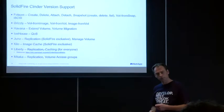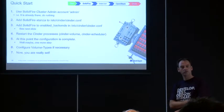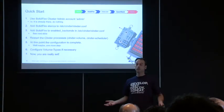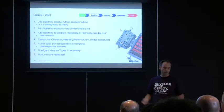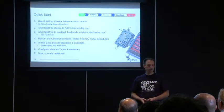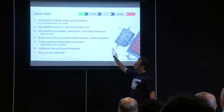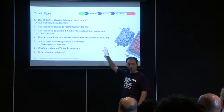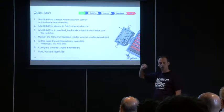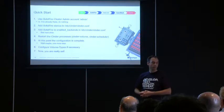And now to give you a little feel about the ease of integrating SolidFire storage into the OpenStack environment. If you would set up a cluster, which is an easy task, it would take you half an hour rack and stack and 5 minutes of software configuration. And from there on, you have a standard administration account. You could utilize that one or create another administration account, adding in a few lines of configuration parameters in the Cinder.conf file, and enable it as an additional backend, restart the process, and from there on you'll be managing the entire